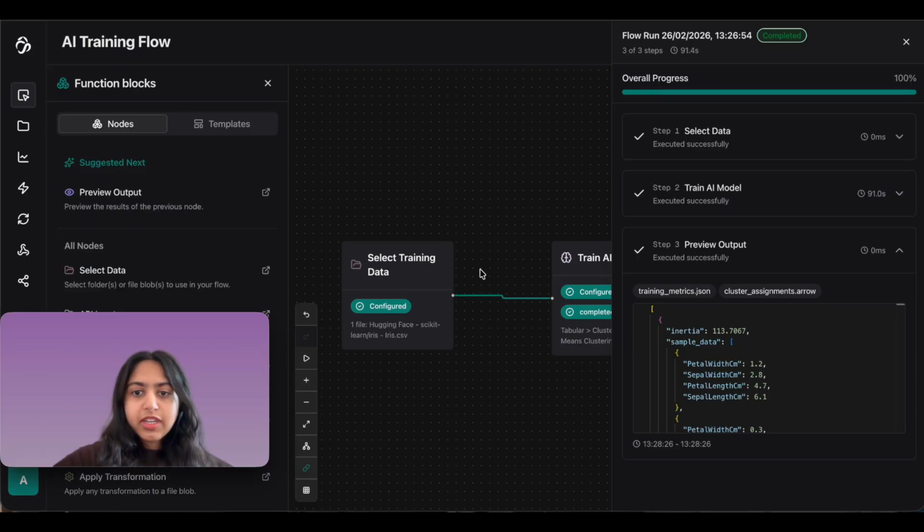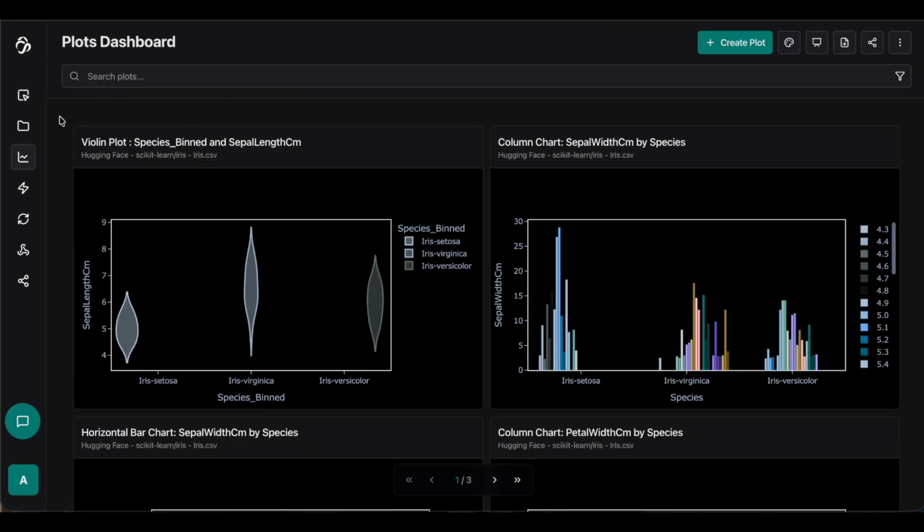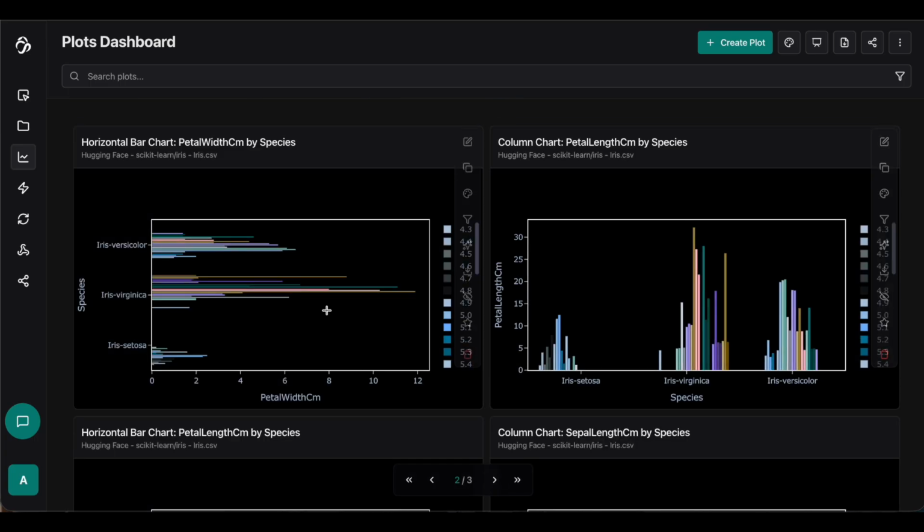Before you go, there's one other cool feature that I want to show you, which is the plot dashboard. So in the left navigation bar, click on the third icon, and here you can see several different variations of the visualizations. You could also move over to the next page and also create custom plot by selecting the button